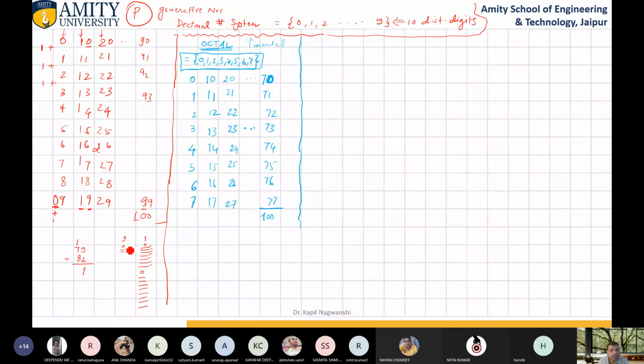Why are we writing 1 here or 9 here? Because the counting starts from here only. So there is no need to write 9 lines and then 10, 11. That's why 1 is written here. This 1 is written here, and now 7 is here and 8 is also here. So 1 plus 7 is 8, then 9, 10, 11, 12, 13, 14, 15, 16. So this is 16, your answer.